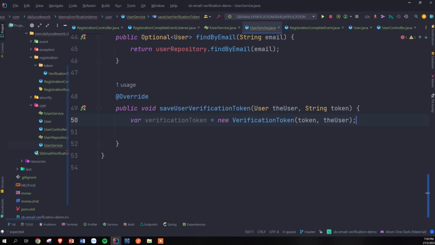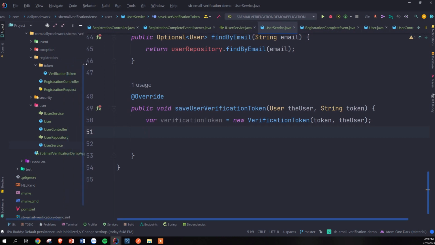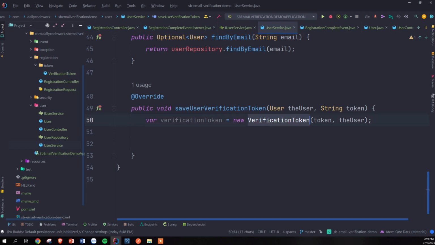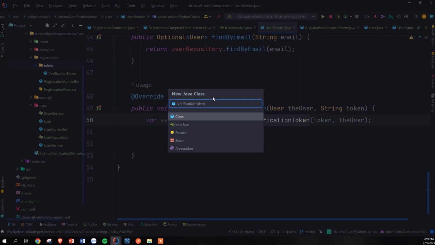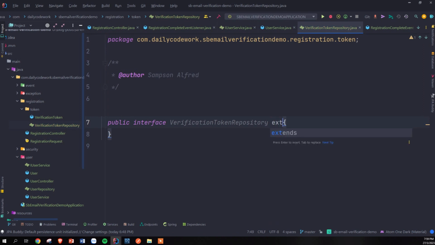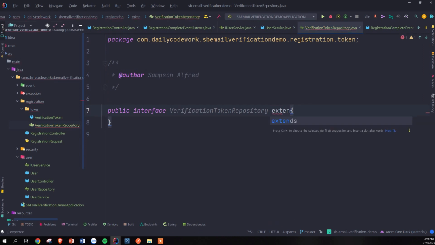So having done this, we're just going to call the token repository. So now we have not gotten a repository for the token to actually save. So we're going to go back here and create a token verification repository. So for that, I'm going to copy the name of this class, and we're going to go here to create a repository for this token, right? So here I'm going to paste it and just add repository here. So this one is going to be an interface, and this one is going to extend